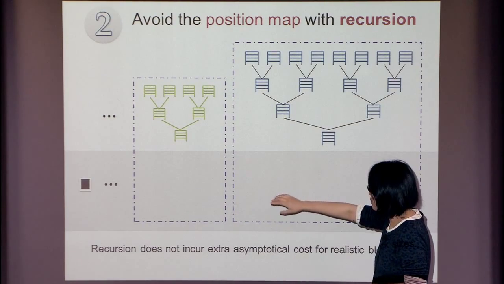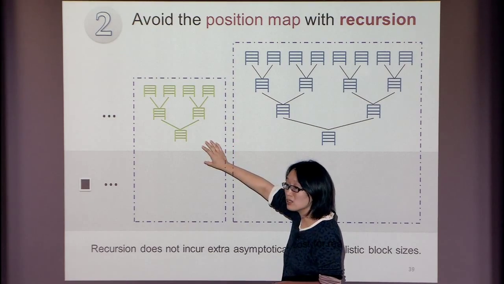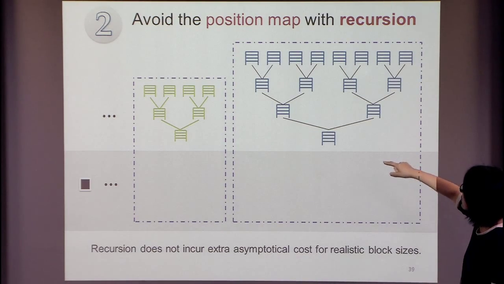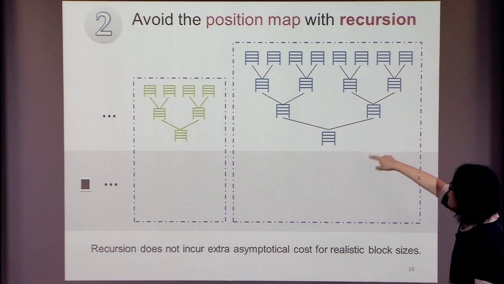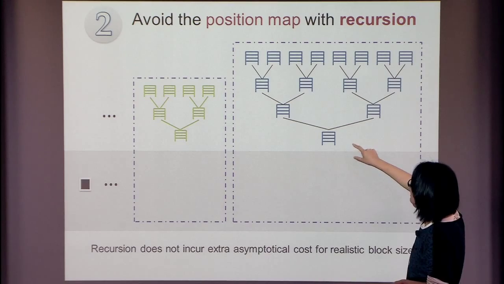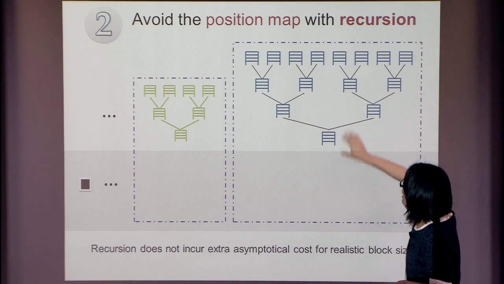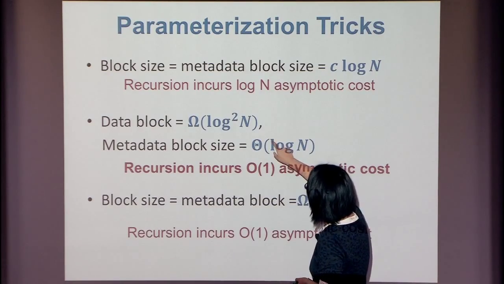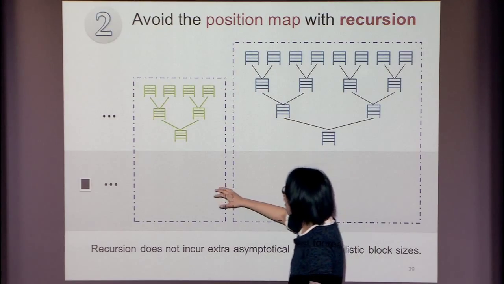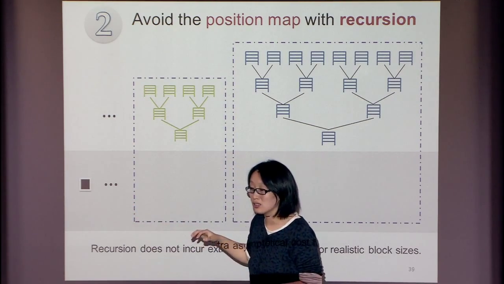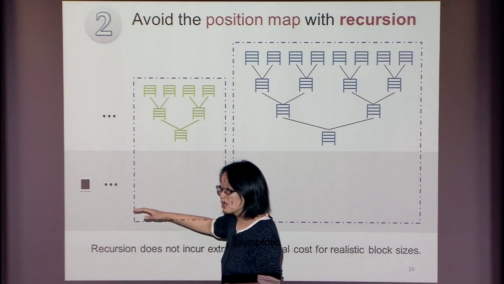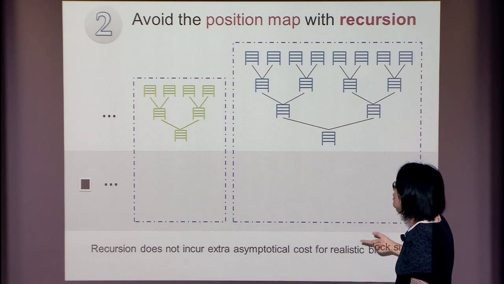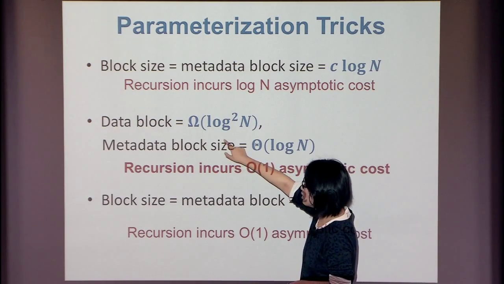So I need to be a little careful about what I say. Let's say in the binary tree ORAM case, each tree itself will incur log n squared cost, because in order to read a block, I have to read a path, and every bucket is log n in size, and the height of the tree is log n. So within each level of recursion, the cost is log n squared. If you do this big block, little block trick, then over all these recursion levels, in total you incur log n cubed cost, because there are log n levels and in each level you incur log n squared cost. But even though it is log cubed, because your block size is log n squared,